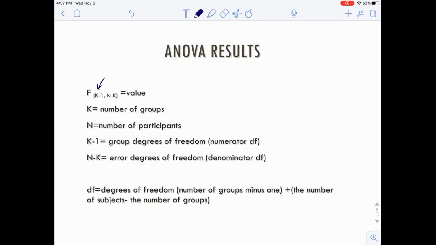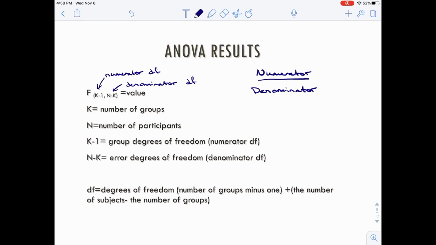here, this is the numerator degrees of freedom, and this is the denominator degrees of freedom. And in case you care, if you have a fraction, the numerator is always on top because he's numero uno. The numerator over the denominator. Right, it's a fraction, because the F statistic is a fraction. And so we've got degrees of freedom for the numerator, degrees of freedom for the denominator, and together, they